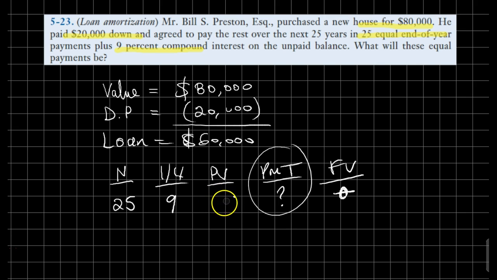However, the present value of the house should be entered here, right? So we should have the present value of the house, and that's it. Because it's as if we are receiving this cash payment from the bank, and that's the amount that we pretty much need for financing the house. So therefore we compute the end of year payments, and they come out to be